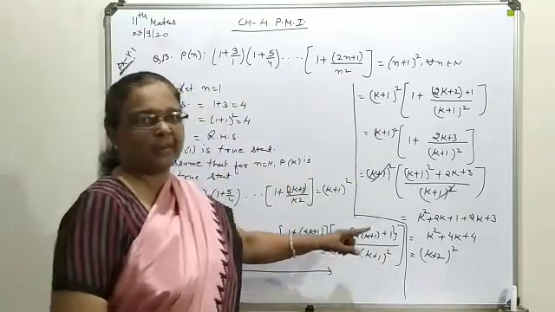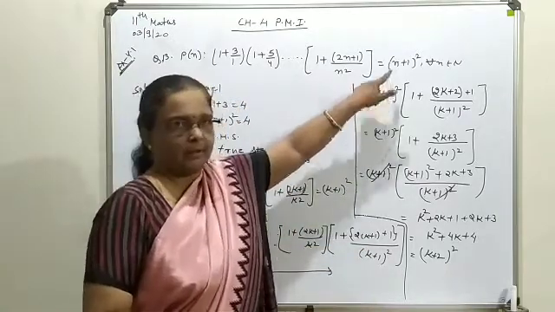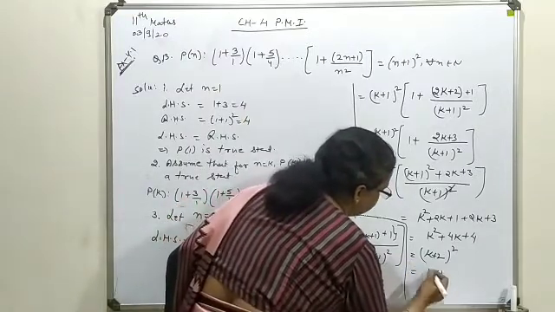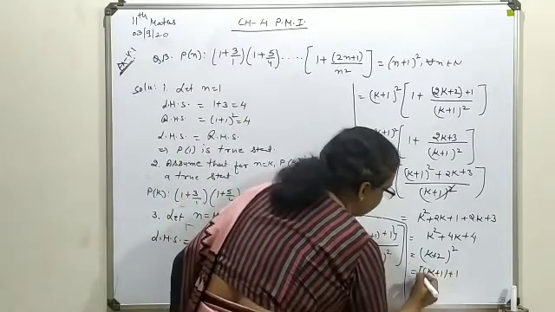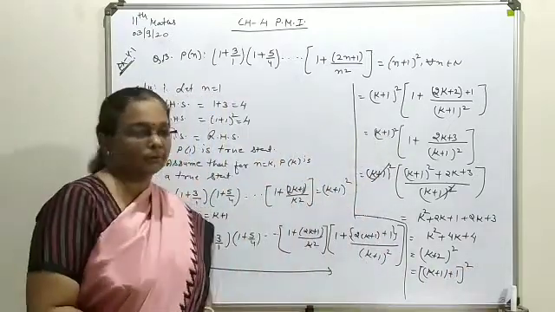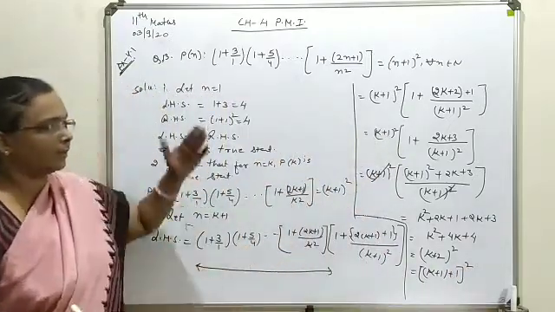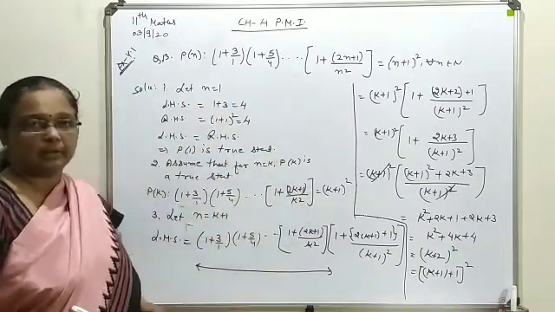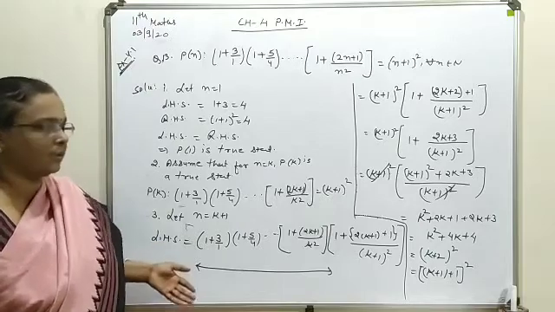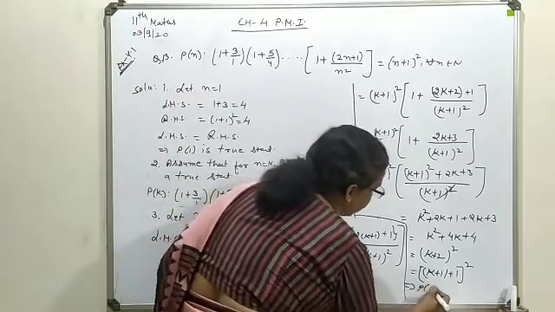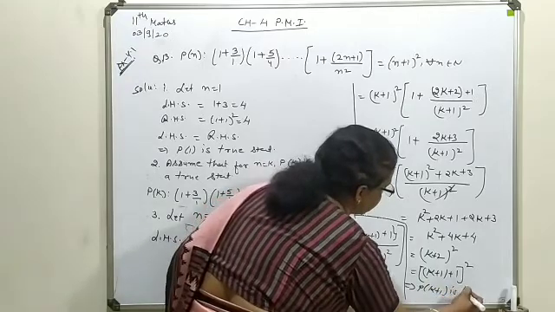Now this is to be matched with the right hand side. Obviously it can be written in that form easily. So this is (k plus 1) whole square. So it is very clear that in place of n we have generated k plus 1. So concluding step we will write here as P(k+1) is a true statement.